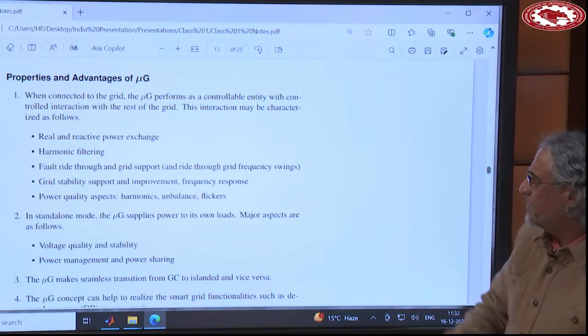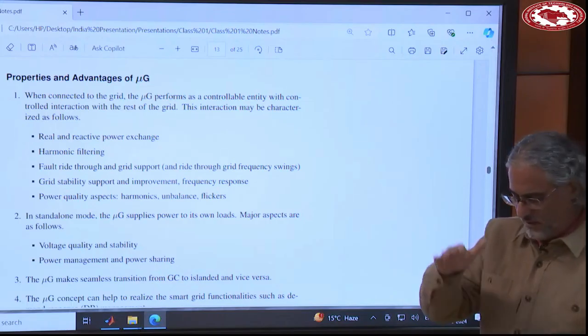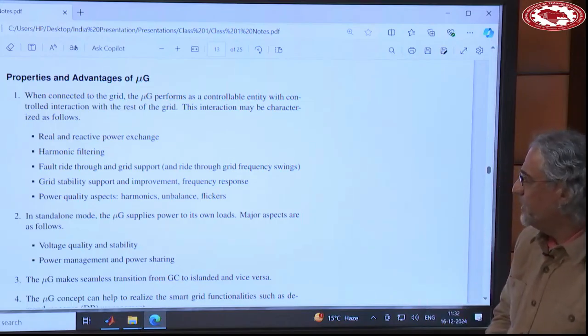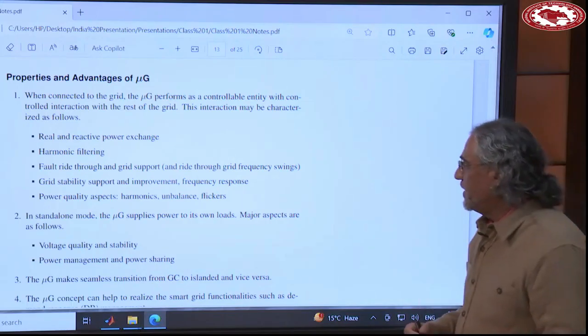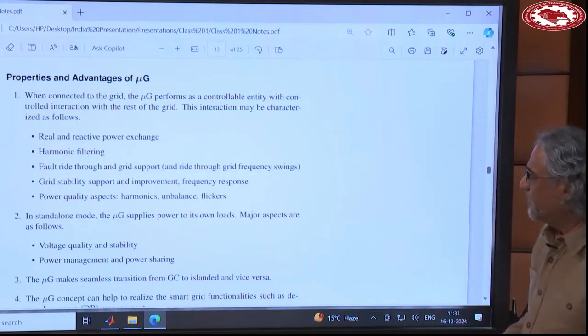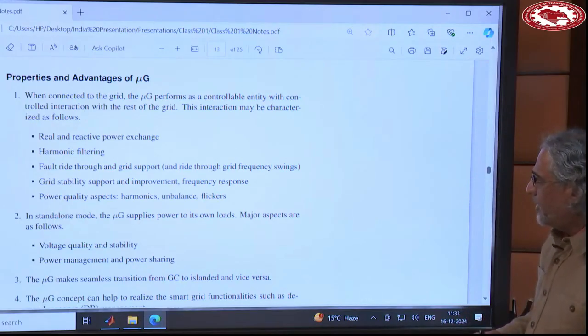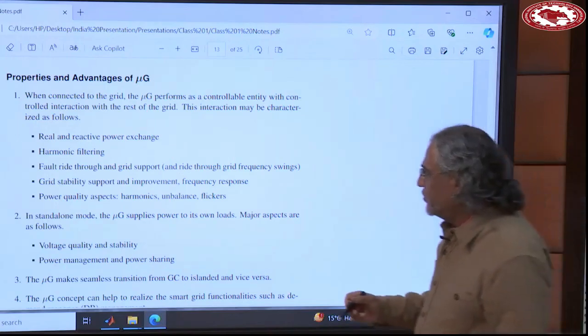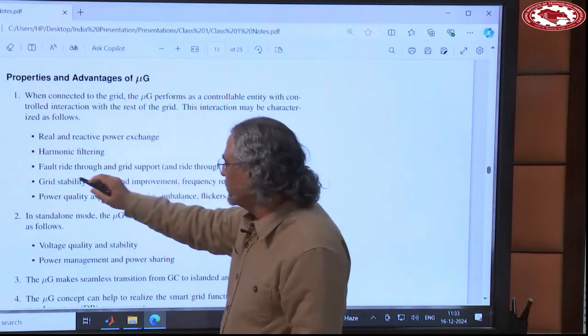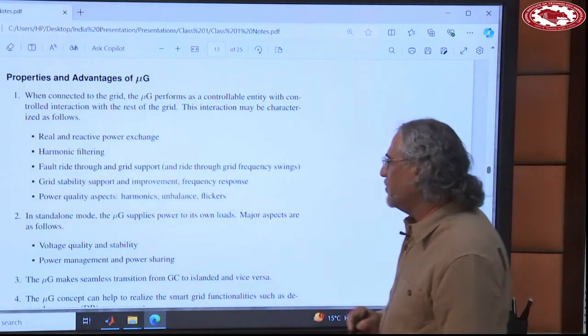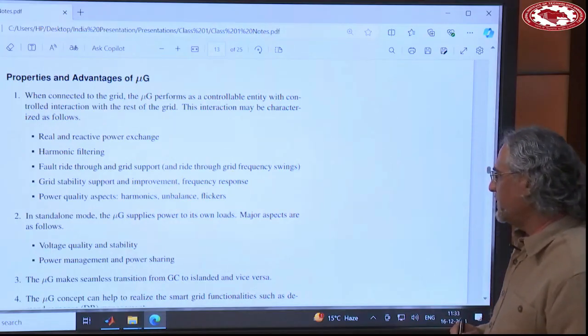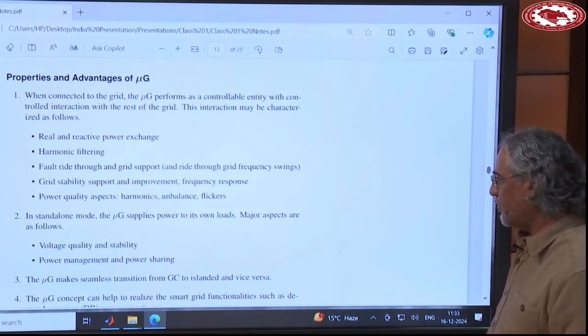At that point it can exchange power with the utility, reactive power or real power. It can provide services to the power grid. It can do fault ride-through and grid support. These things we will go into detail in future classes,